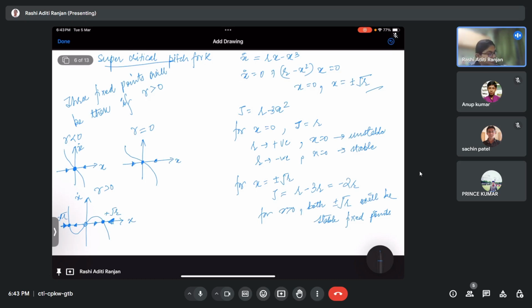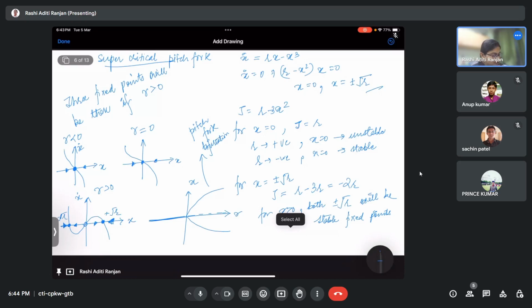Okay, and if I want to plot the variation with respect to r, you can see that as long as r is negative, I have this as a fixed point. After this, it becomes unstable, and I'm going to have two branches of stable fixed points, and that is why we call it a pitchfork bifurcation, because you can see it looks something like a fork. Okay,